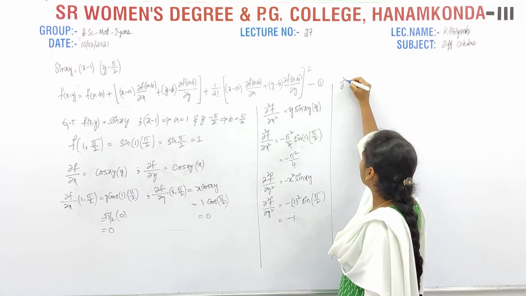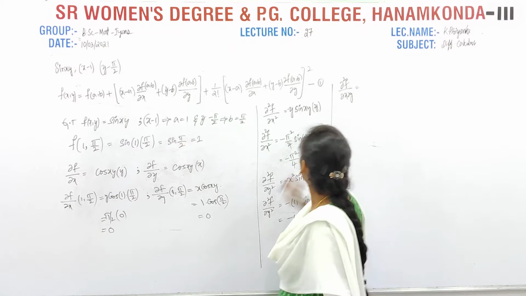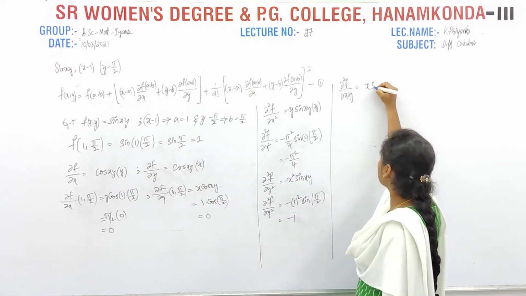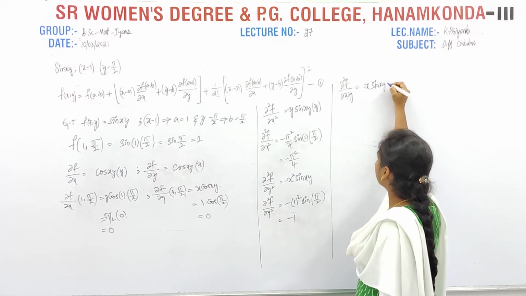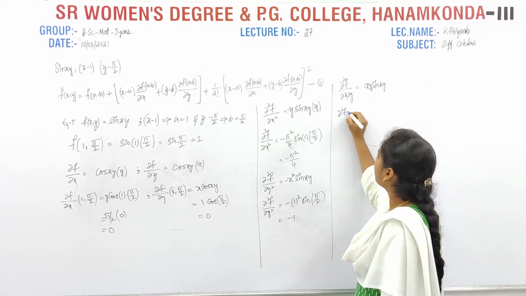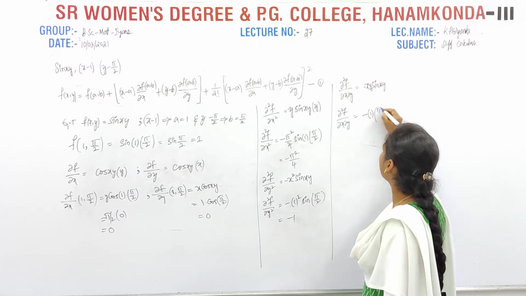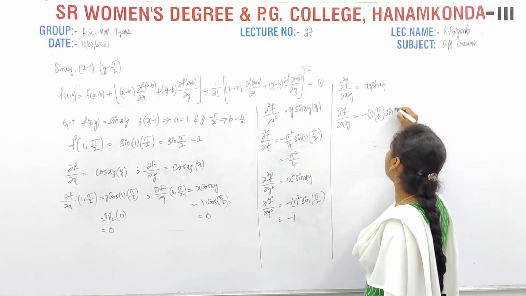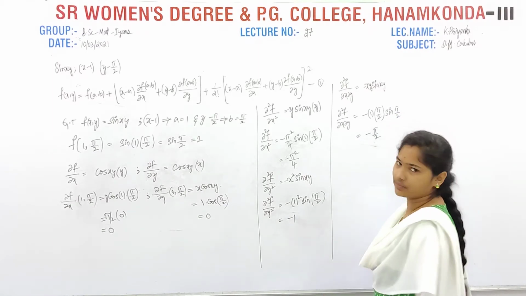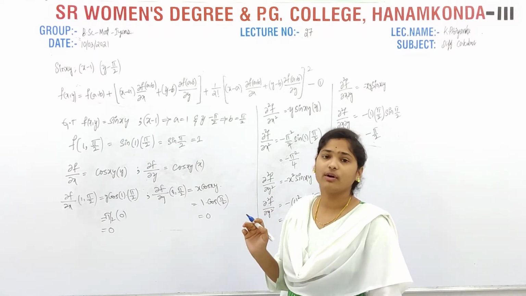Next what I have to take? I have to calculate ∂²f/∂x∂y, or ∂y∂x. You can calculate any one. Now ∂x∂y means differentiate it with respect to x. Then x into minus sin xy with respect to x. So we will get that y. So x into y here. Now at the given point, the value of this one is minus 1 into pi by 2 into sine pi by 2. Sine 90 is 1. So minus, here what we get? Pi by 2. Okay. Here I have each and every value. Now what we have to do?